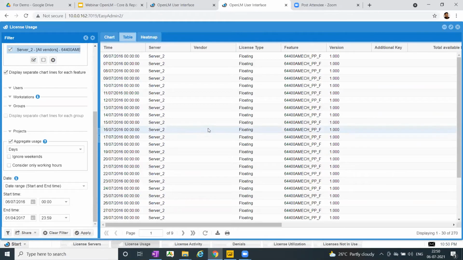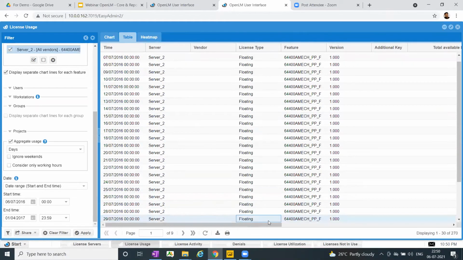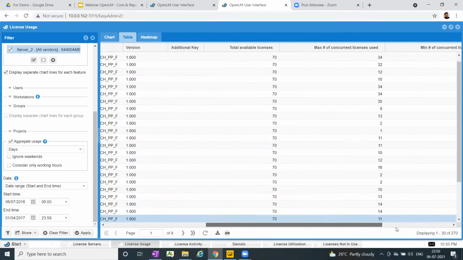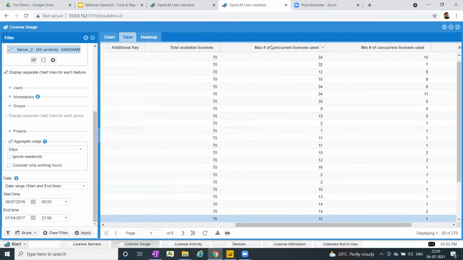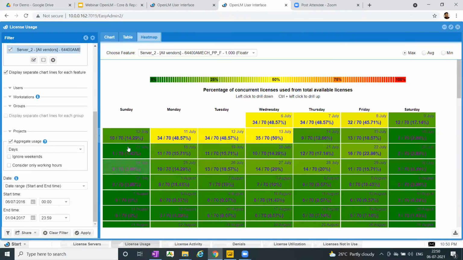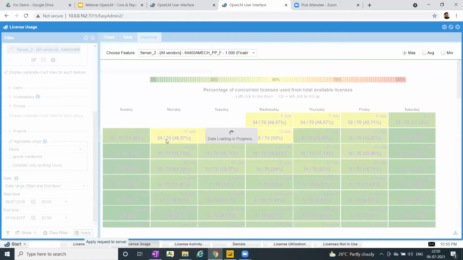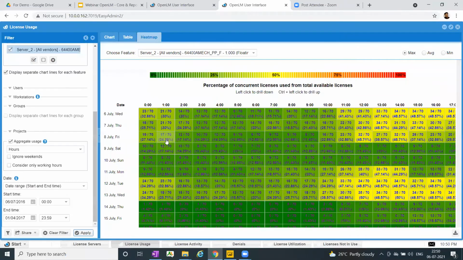This is the maximum number of licenses, and this continuous line shows me the pattern of license usage. The same report I get in a tabular format, where I can see how many maximum concurrent licenses were used out of the total available licenses. Similarly, I can also choose to see a heat map. I can aggregate it per hour so that I get to see